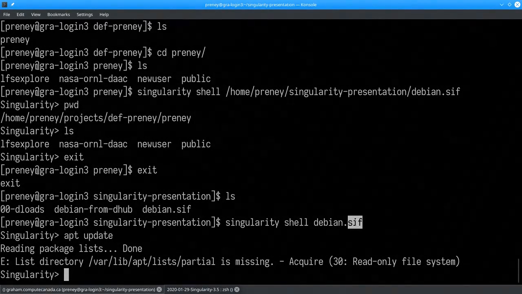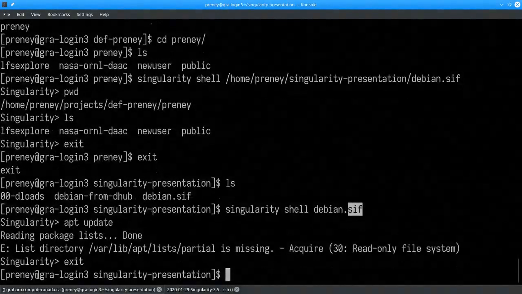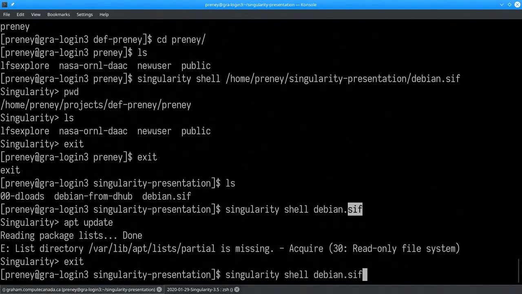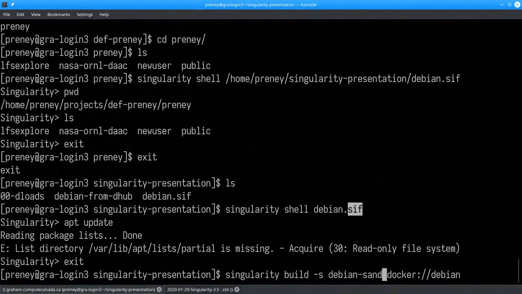So if you actually want to modify the image, you have to do it using a Sandbox directory. So let's try that with Debian. Now, the command to do that is almost the same. I built that image with Docker using this line. If instead, to make the Sandbox, you go -s, and you call it, I don't know, Debian-Sandbox, and